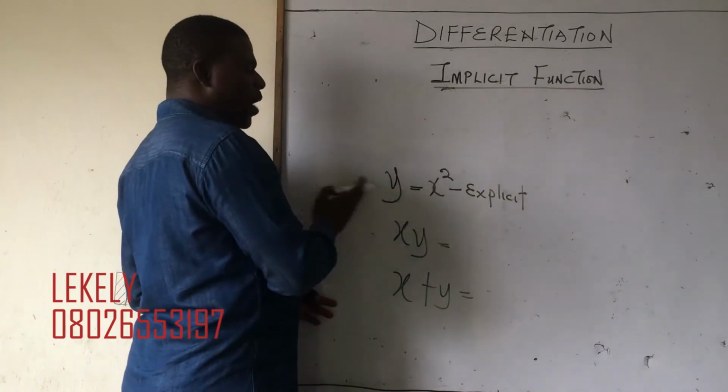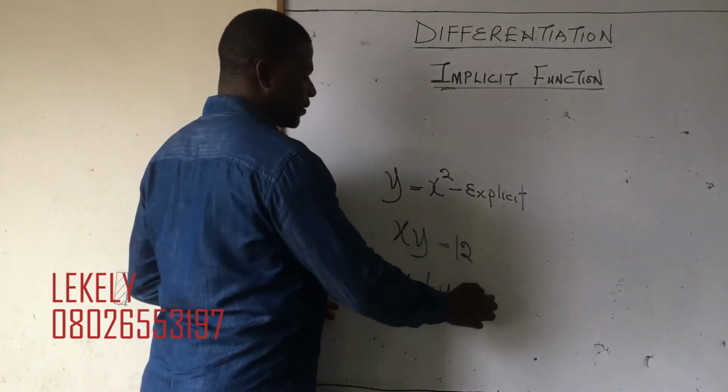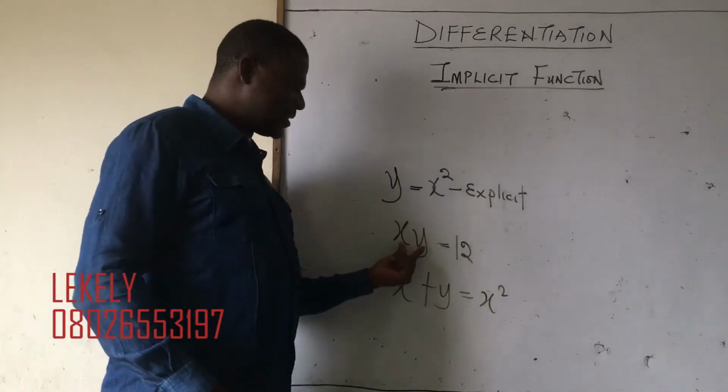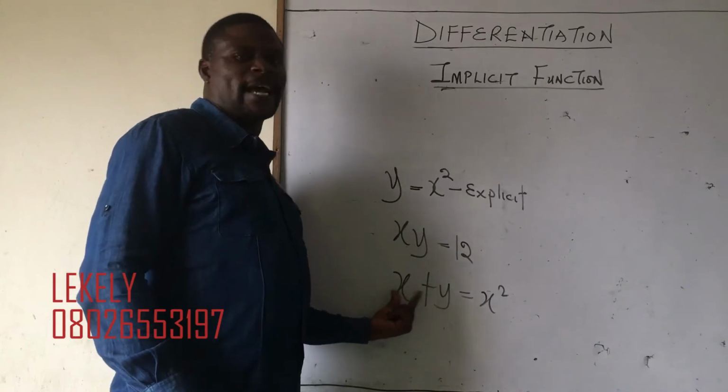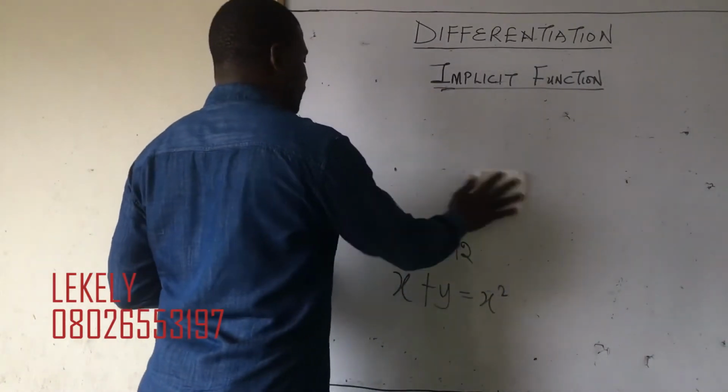Explicit means y is on one side, x is on the other side. But if you have something like this, this is implicit function. Why? x and y are together at one side. Okay? Now, having said that,